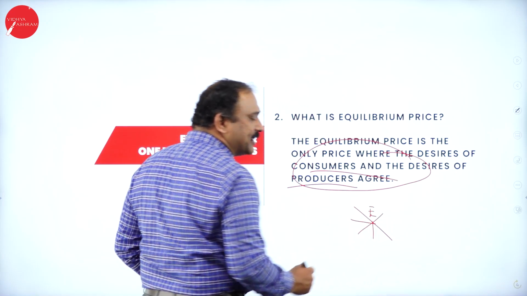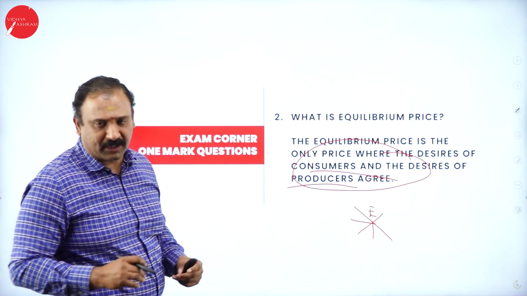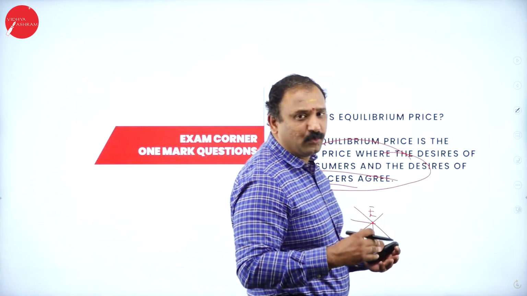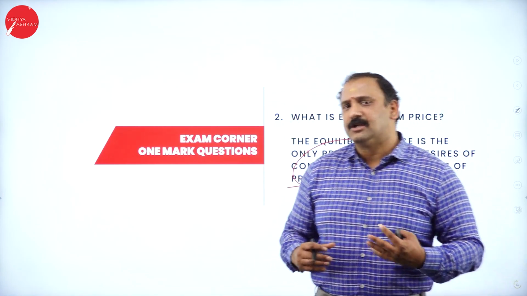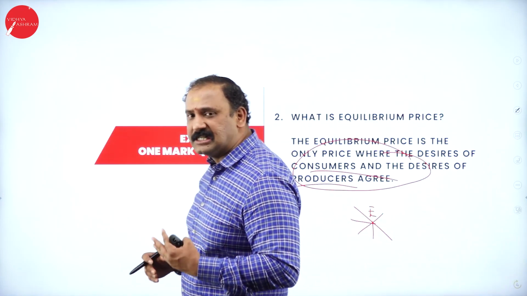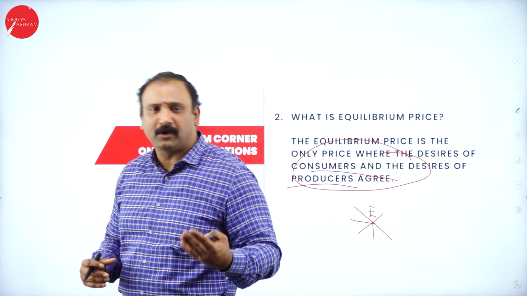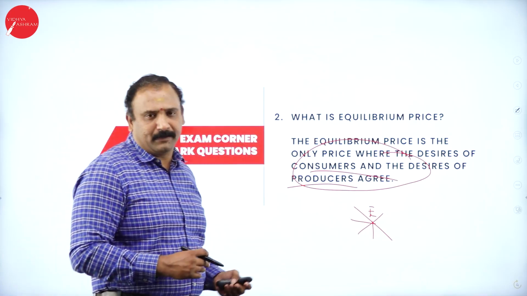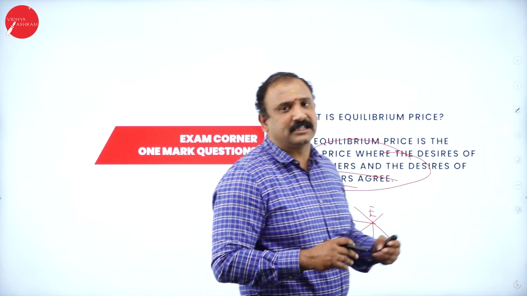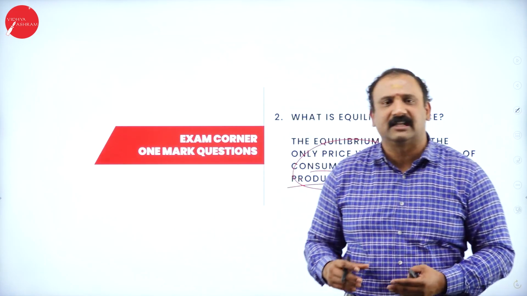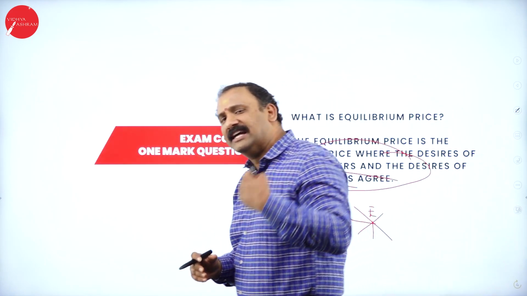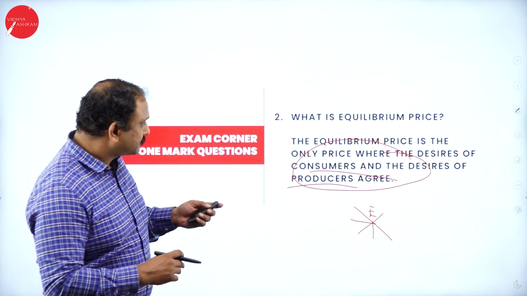So this is the price that is acceptable for a consumer, and that is a price on which the producer also agrees. So finally you arrive at a consensus, and that consensus is what we call the equilibrium price. At the equilibrium price, there's not going to be an escalation or a de-escalation altogether. It just keeps going around.